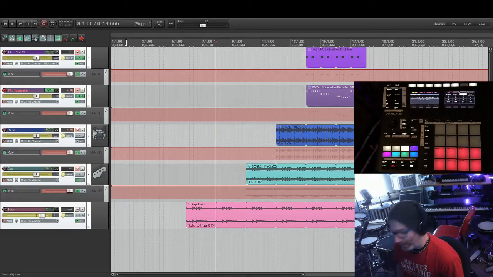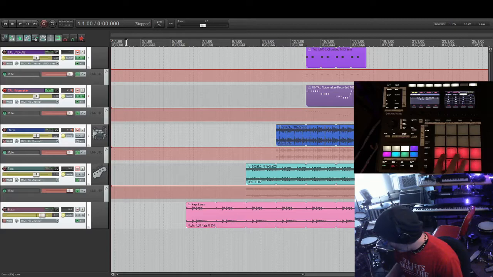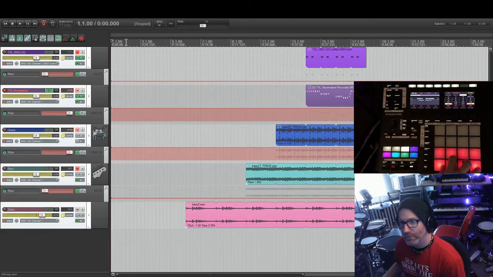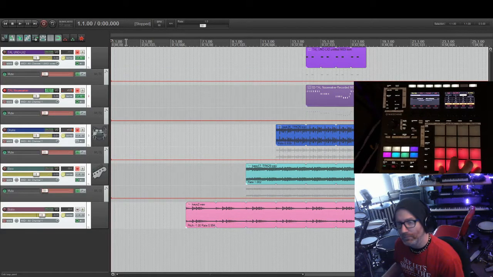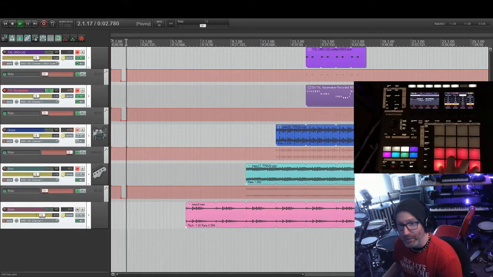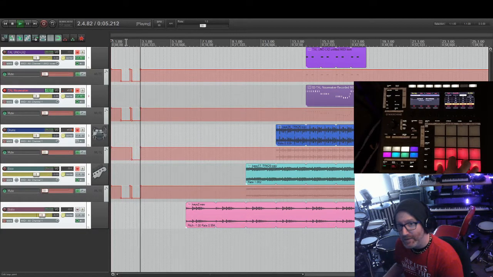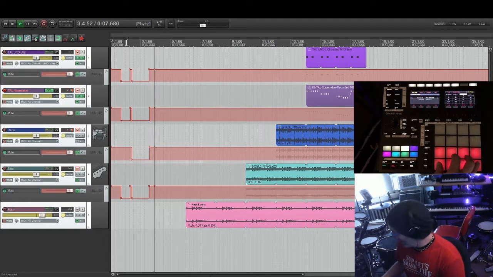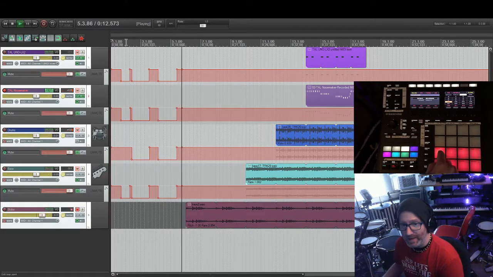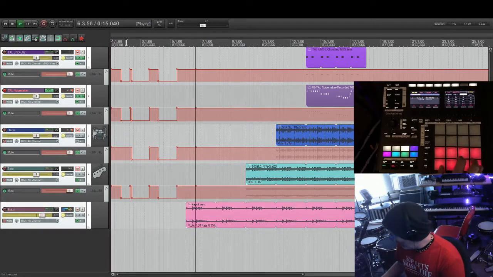So like I said, I'm still working on this. So what you could do is start it from the top, and let's say I'll have everything muted. I'll just quickly demonstrate. So watch. When you play, it's writing the mute automation. So I'm doing the first 4 pads. And obviously there's no sound yet, because it's not lined up. But you could literally, there's only 5 tracks. So this last one, I don't know why the mute automation isn't working, but